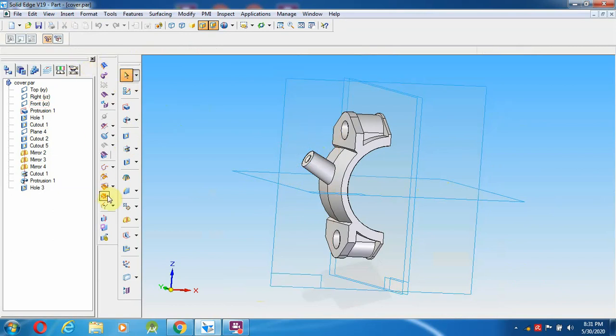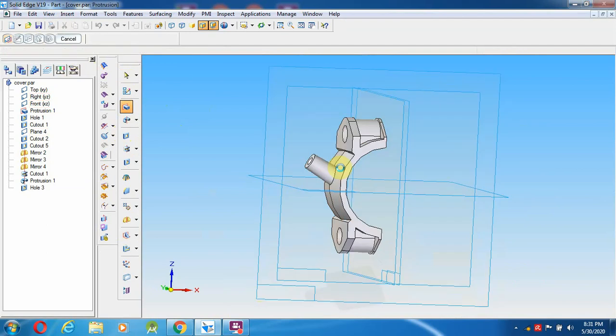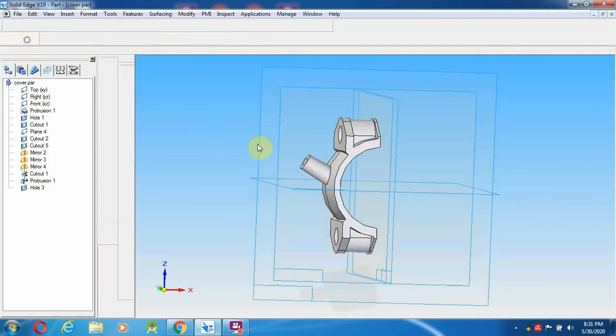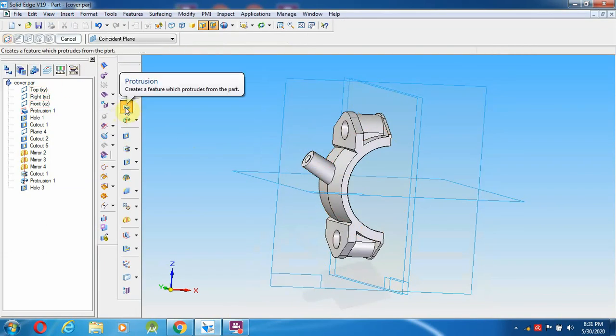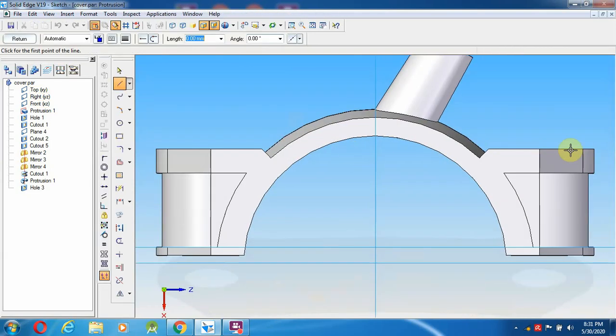Go for here the protrusion option, return. I'm going to select protrusion, this particular surface, or otherwise. Okay, so little bit I'm going to make the inside over here.